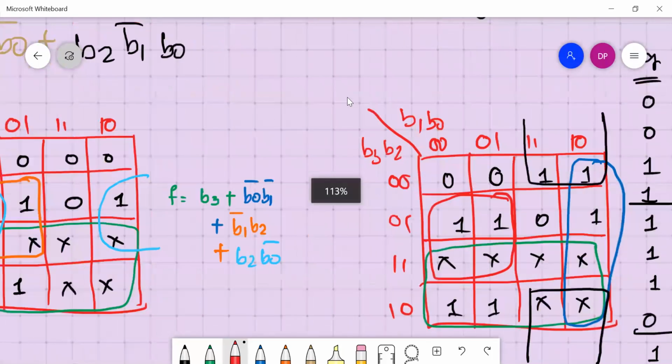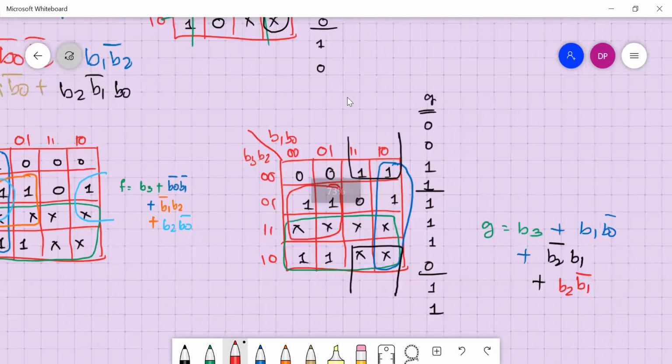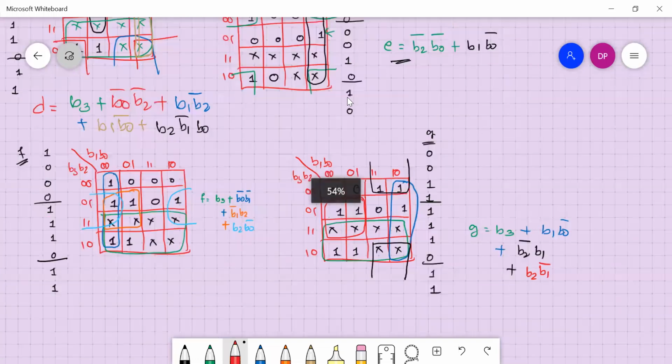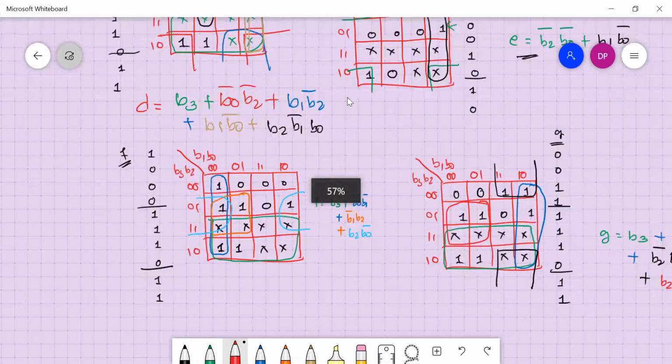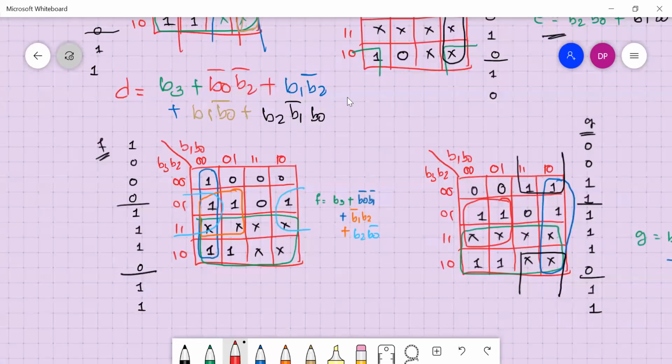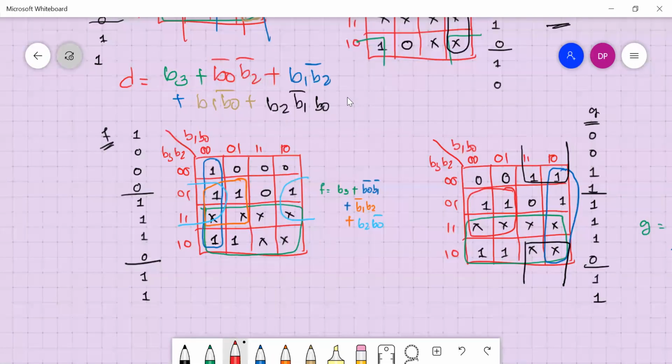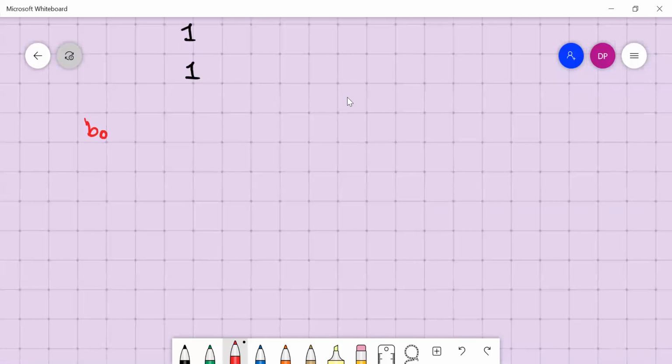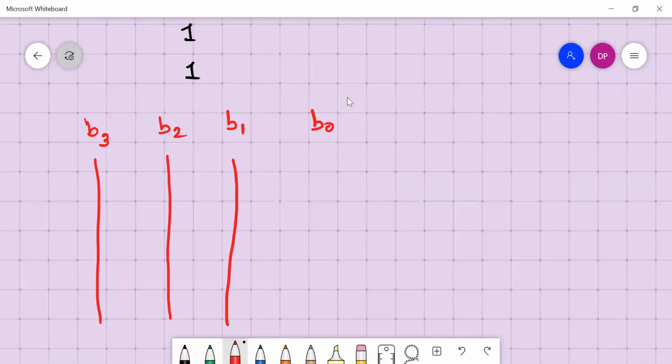After getting the expressions, we can make a circuit. You can take 4 inputs, and these are the outputs that need to be driven based on the 4 inputs. Let me write it like this: B3, B2, B1, B0 lines.